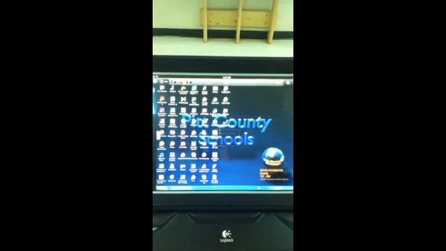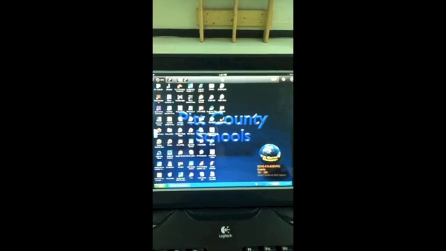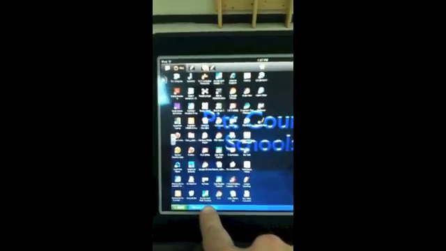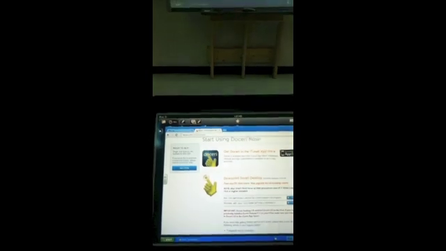Now you can see I have two computers on here, my Mac of course, and then my school computer. So now it's getting the screen there. Alright, and this is the same screen that you can see up here is my iPad is mirroring, but it can also control, so you can see down here where I touch that, it goes ahead and pops it up, but it also does it on the smart board. Now what's cool about that